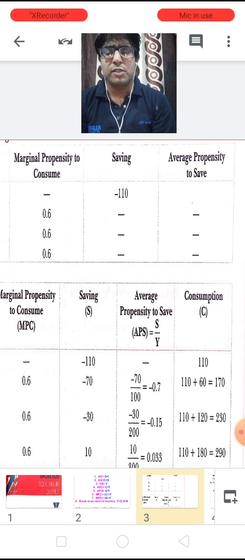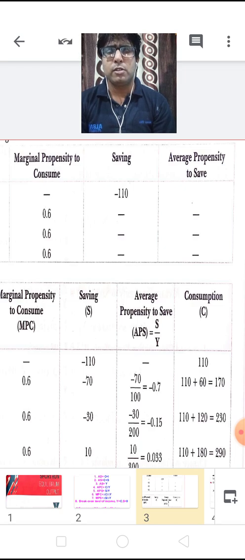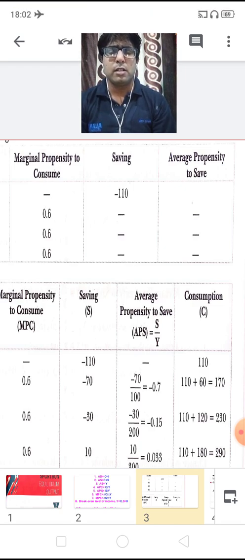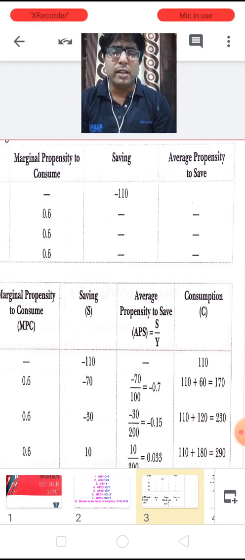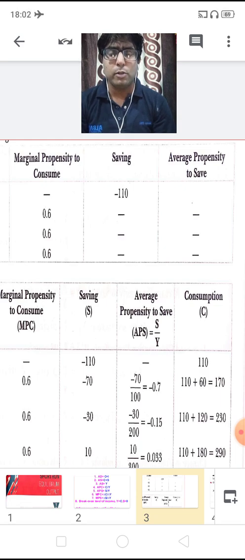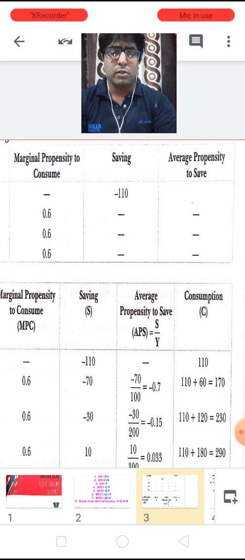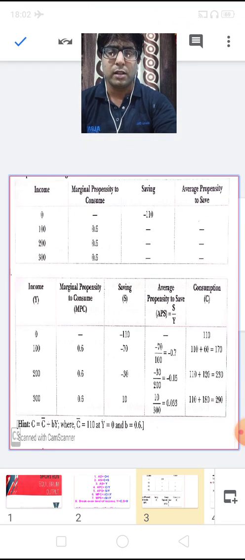So if it is minus 110 given at zero level of income, then you can better understand that it is the value of autonomous consumption, because consumption can never be zero at zero level of income. And the next values of savings we need to find out, and we also need to find out the value of APS. So children, since we are going to solve these numericals, we will take up the values